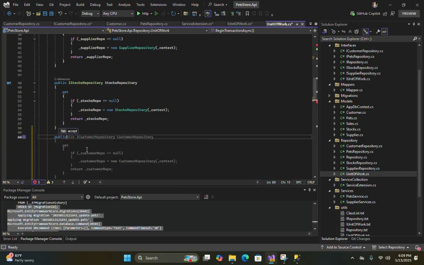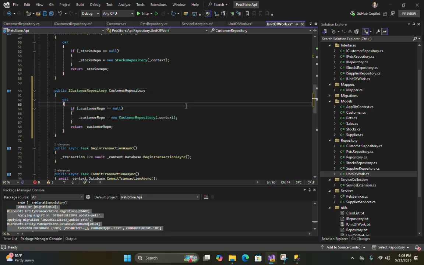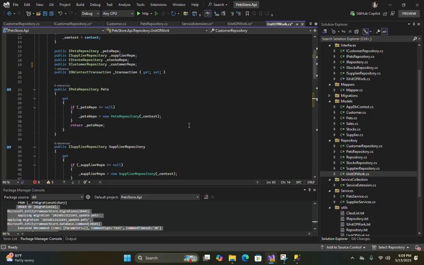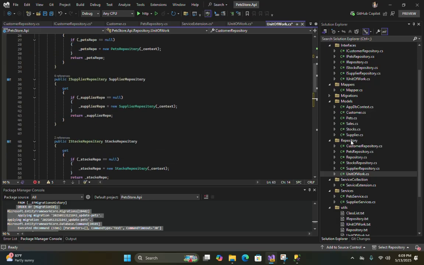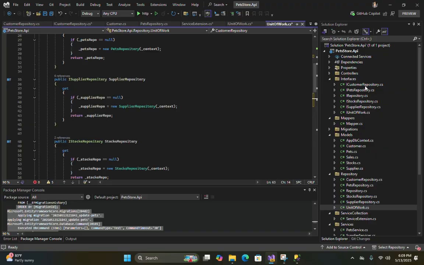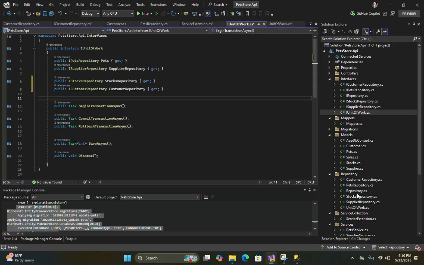Okay, customer repository. Let's do the tab. Now we are good to go because we have made our customer repository interface as well as bundled it in our unit of work.